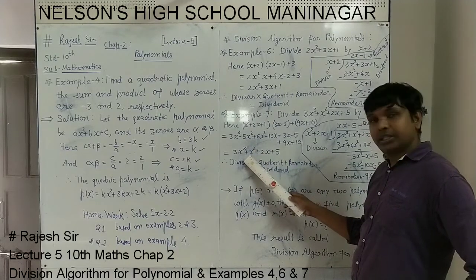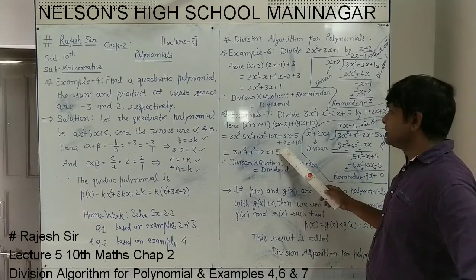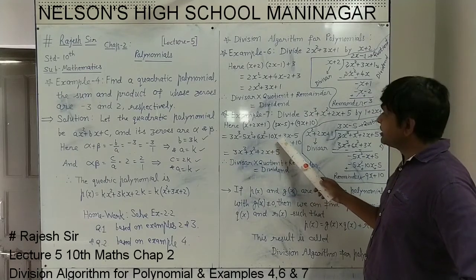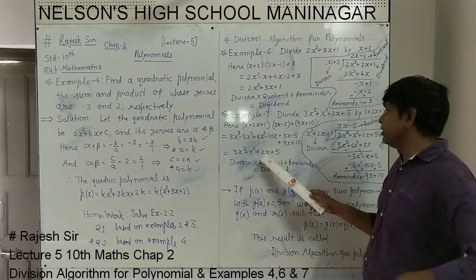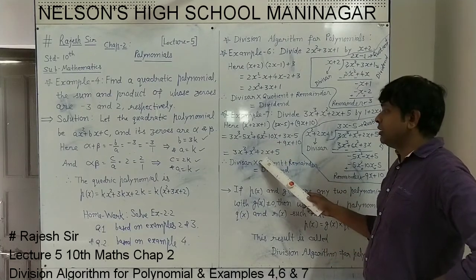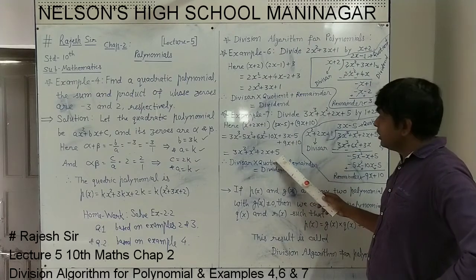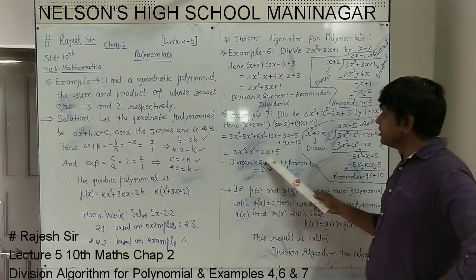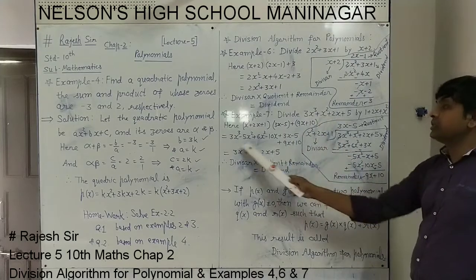So what will be remaining? Plus x square. The x terms are minus 10x, plus 3x and plus 9x. So plus 9x and plus 3x is plus 12x, minus 10x will be plus 2x remaining. So it is plus 2x, over. Plus 10 and minus 5 will be plus 5. Now this is the answer. You see this is the dividend, 3x cube plus x square plus 2x plus 5. This is the dividend now.